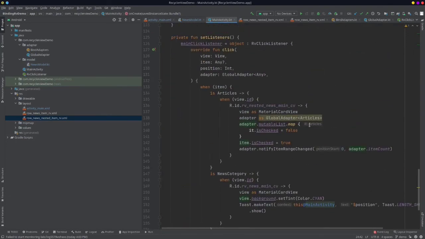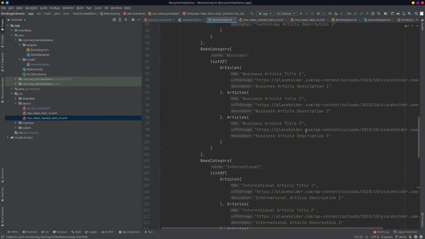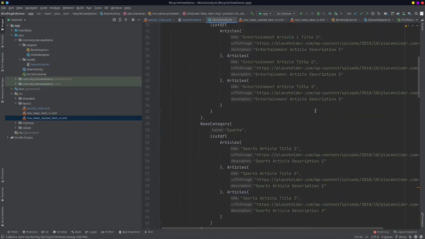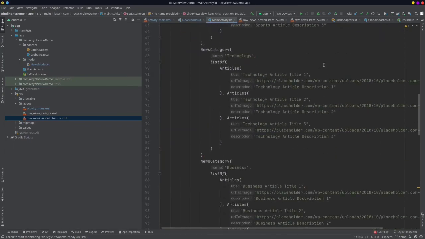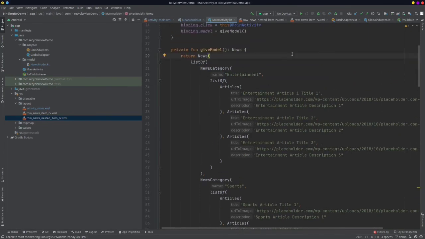If I want to delete something right here, I have to either make some API call, or if you are using a database, you should call your database again and get the data again after deletion or updation, or you can manually remove it from the model.